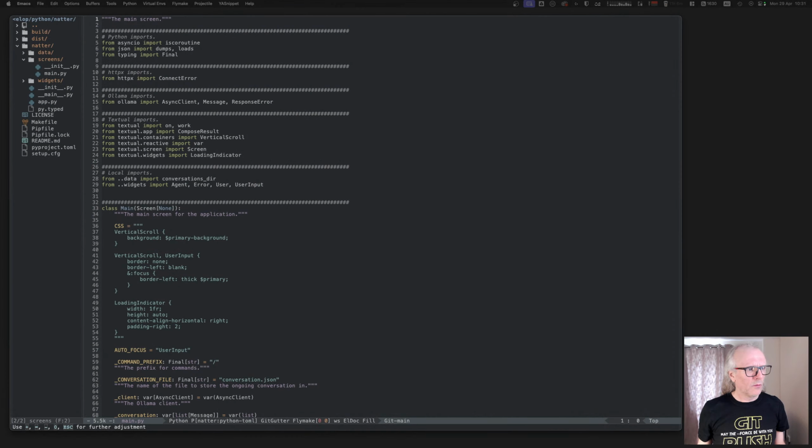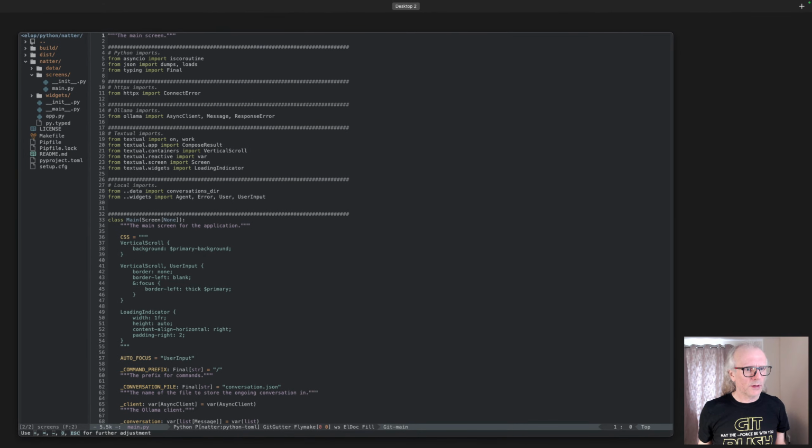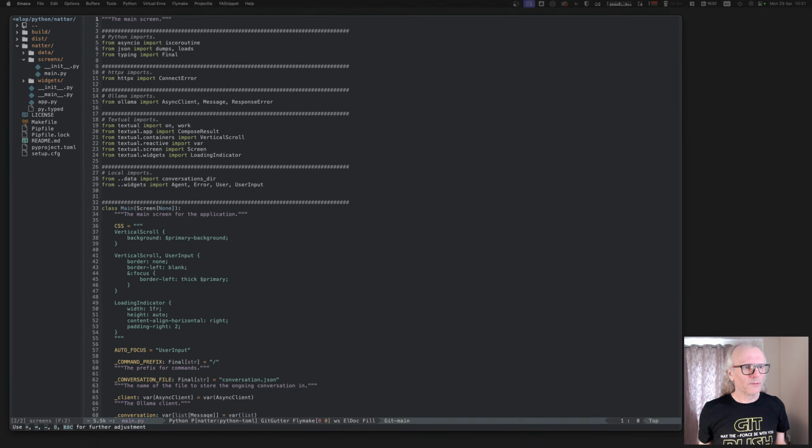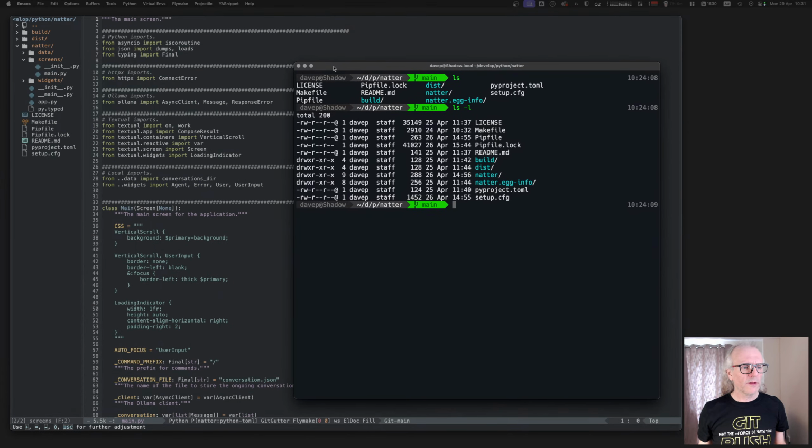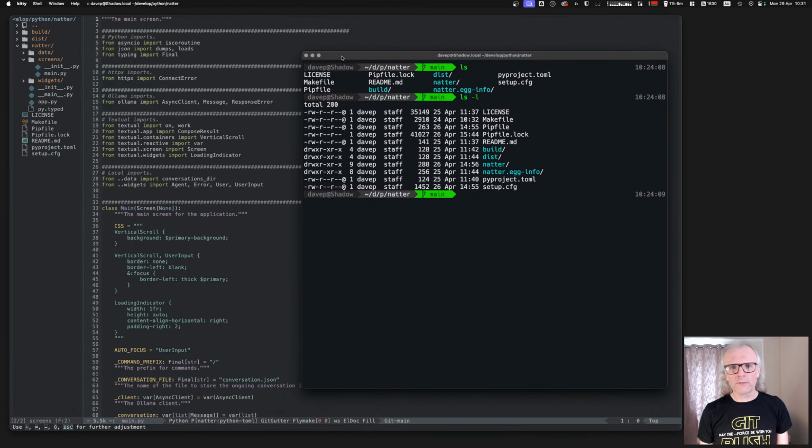So there's one thing I want to tackle pretty quickly. I need a terminal. Where's my terminal gone? There it is. There was an issue that I ran into that I've actually turned into an issue subsequently.